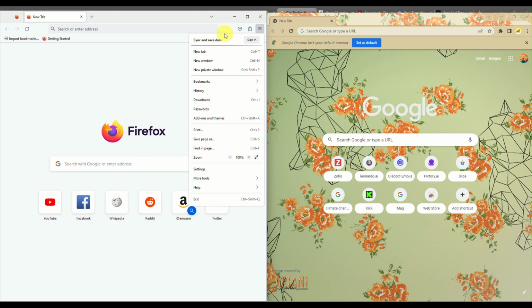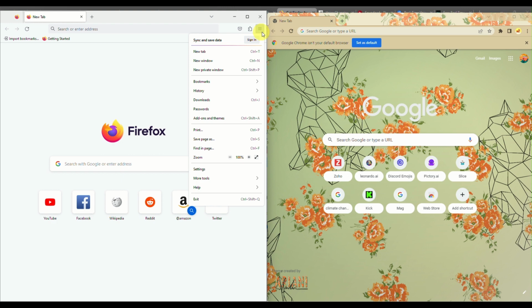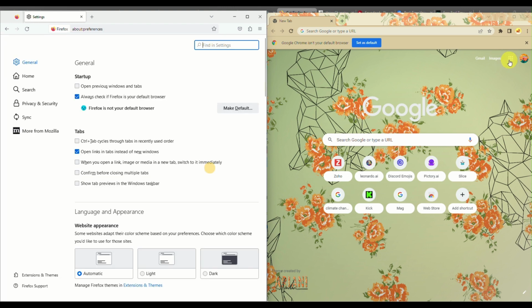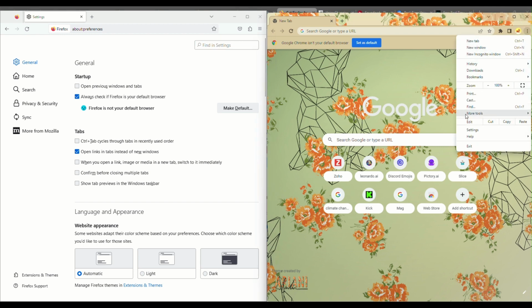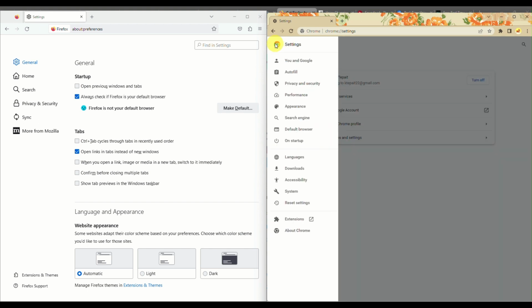So here, as you can see, the menu is also shown on the three dots menu on the upper right corner, and you'll be able to see the settings as well. Similar to Google, when you click on the three dots menu, it shows you a lot of options for you to work on. So let's go to settings. Here you'll be able to browse the different settings on Firefox, and as you can see on Google, Google offers more settings that you can modify,